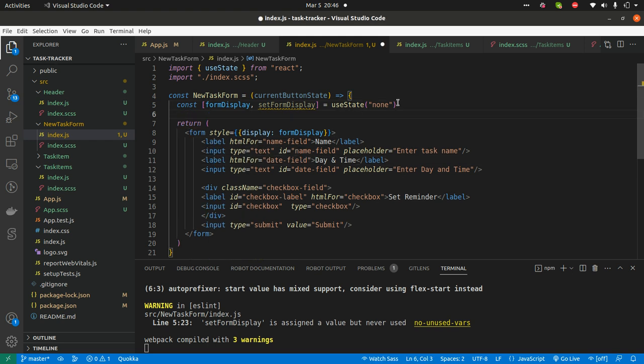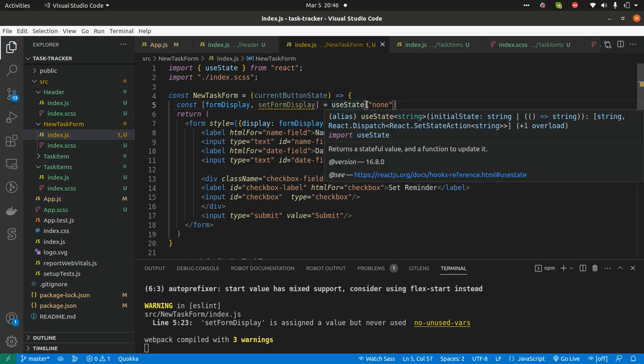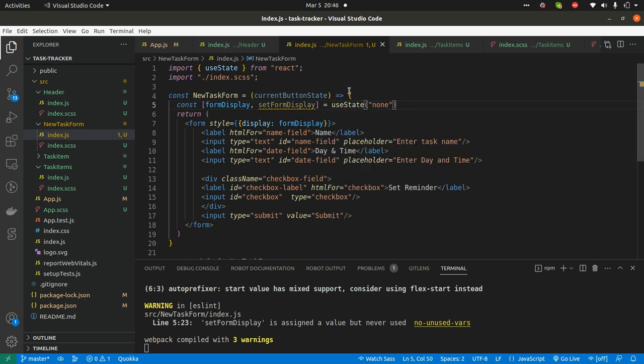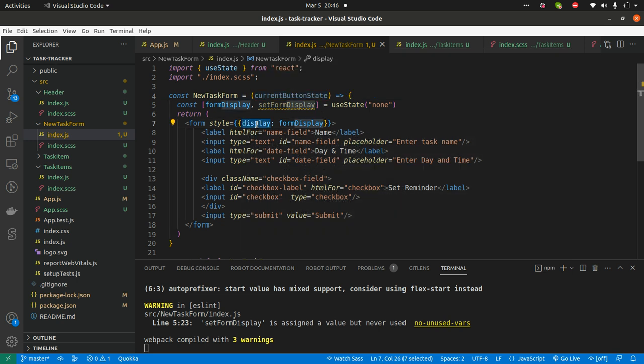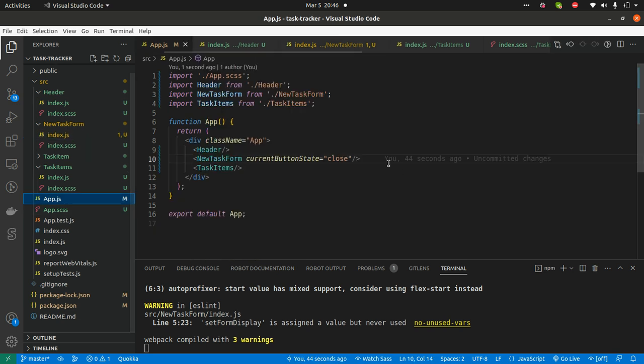So I want to say something like, if the current button state is closed, then our display is going to be flex, right? So we're going to display the form. But if the current button state is add, let me just drop a comment beside this. So current button state,